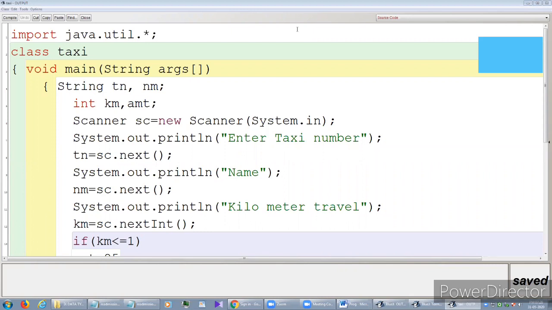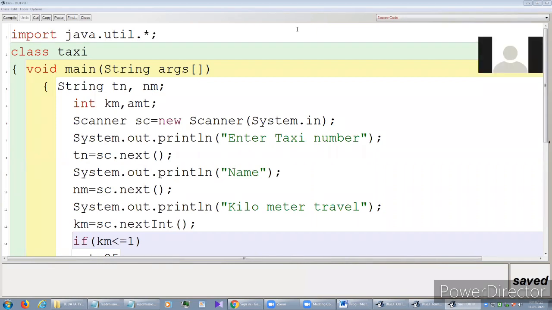Oishi, can you explain this statement: Scanner sc = new Scanner(System.in)? You have no doubt, and right now you are unable to give the answer.